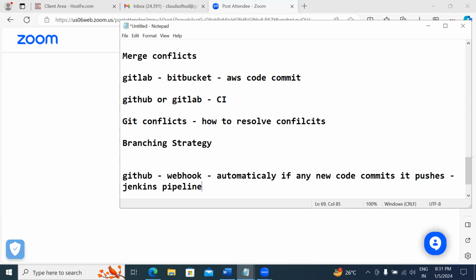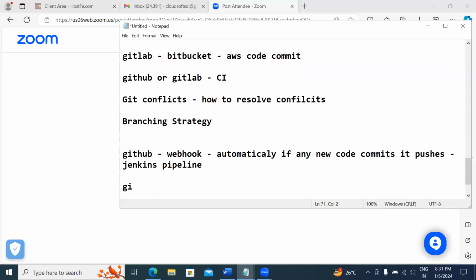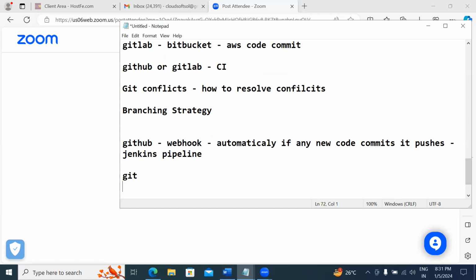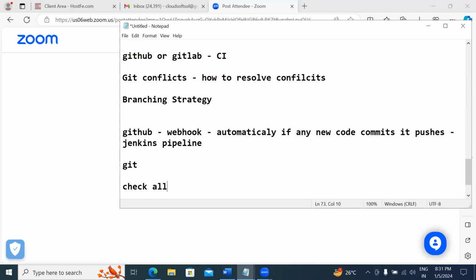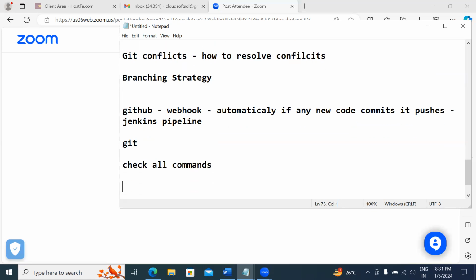Okay, and once you connect to the instance, just type git and check all the commands. All the commands, maybe in the interview they are going to ask you. Then what are the next steps we are going to ask is like here, create